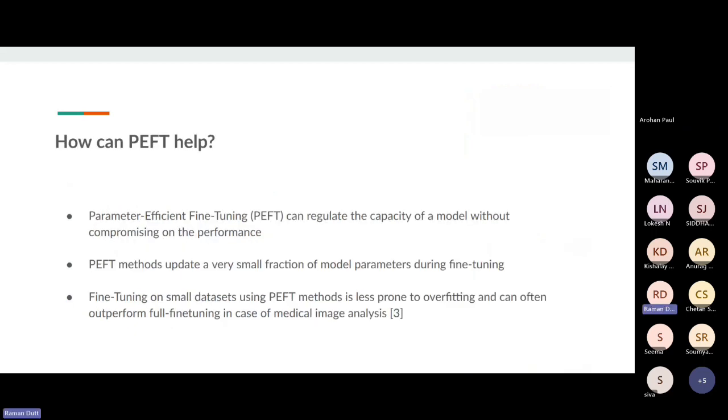And how can parameter efficient fine tuning even help in this case? Because in parameter efficient fine tuning, if you recall, we are not fine tuning the entire model, but instead we are fine tuning a very, very small subset of parameters in the entire model. So in a way, we have controlled the capacity. And it has been shown previously that there is no compromise on performance when we are doing parameter efficient fine tuning. So both of our goals are met. These are the 3 points. Basically, parameter efficient fine tuning can regulate the capacity, and also there is no compromise on performance. So that is what we selected,